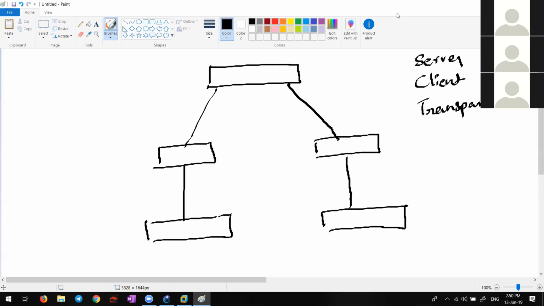Next, write down transparent mode. Transparent mode switches can create, delete, and modify VLANs locally.